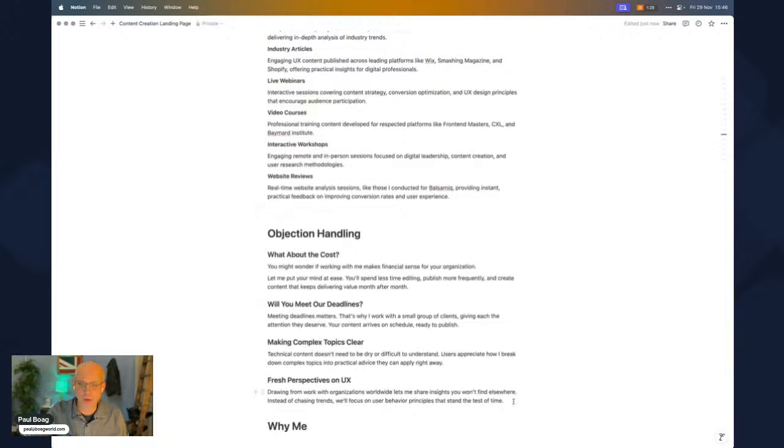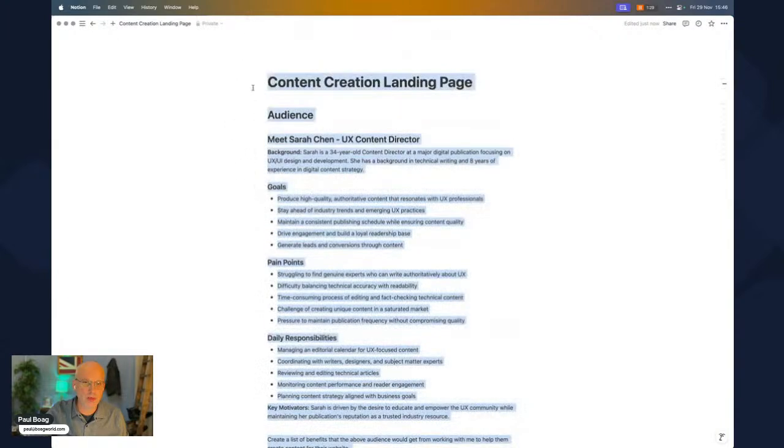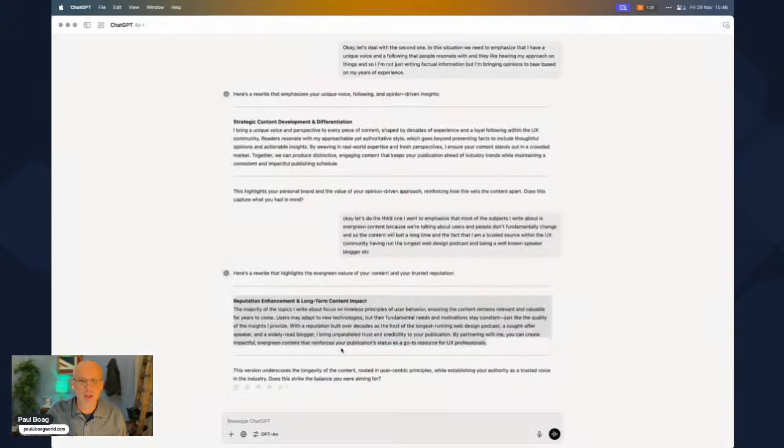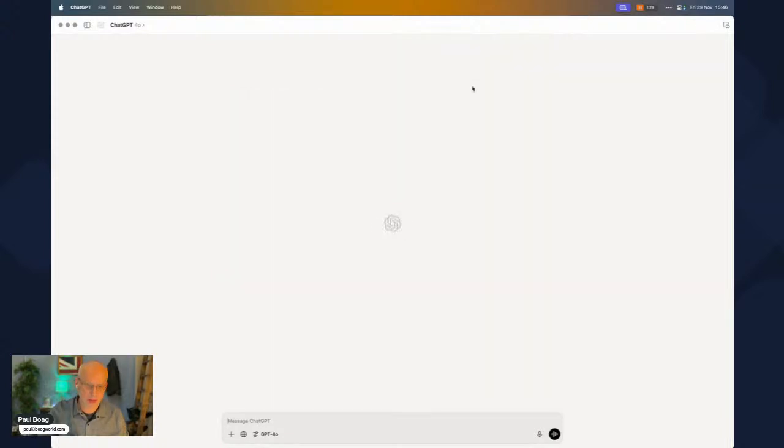So what we're going to do, we're going to give it all of the other content. And I think I'm going to create a new chat for this, because otherwise it's taking all of that previous stuff into account. And there was a lot of my thinking process going on there. And also it fills up the context window because it can only hold so much in its memory at a time.